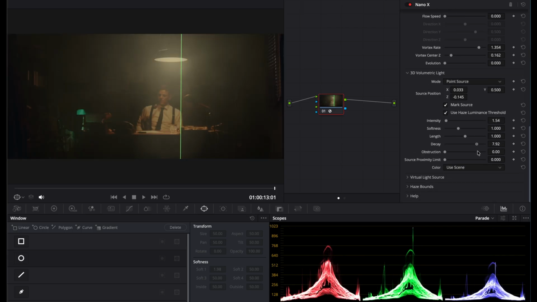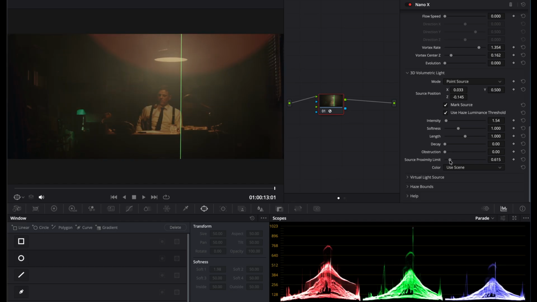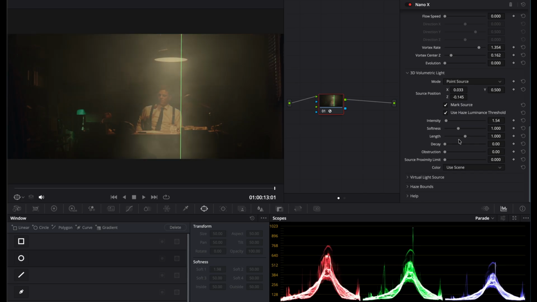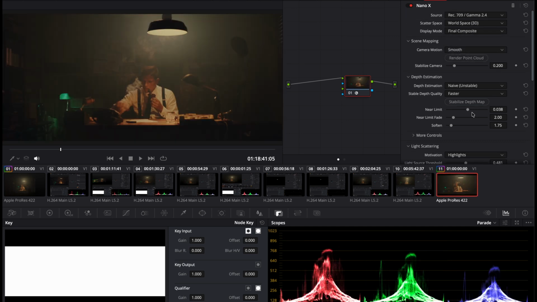Decay dims the light with distance. Obstruction masks the volumetric light further with depth. Source proximity limit allows you to be selective with which highlights emit rays by limiting them to a radius of the user-defined source. Next, we want to work on the depth estimation, which we skipped earlier, which masks the scattered